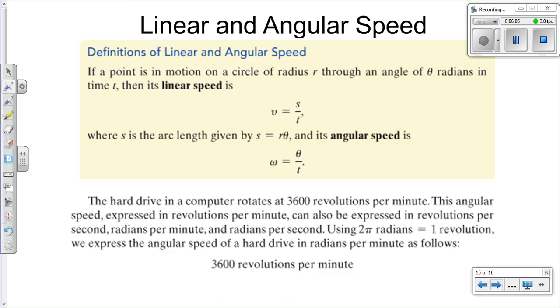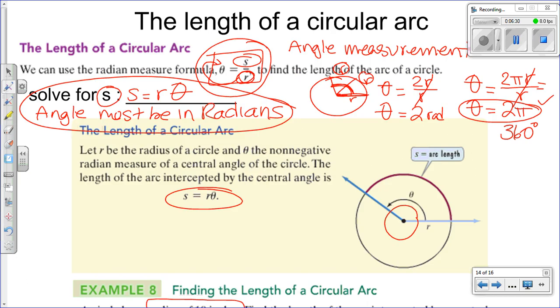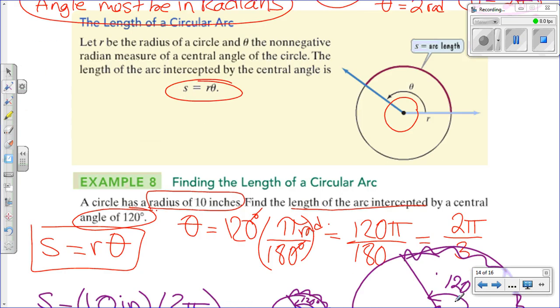Now, there are 2 types of speed when we talk about rotations. One of them is the angular speed, and we're going to talk about that one first. That one tells you how fast you are covering a certain amount of degrees. All right? So if we were to compare my 2 circles from here,